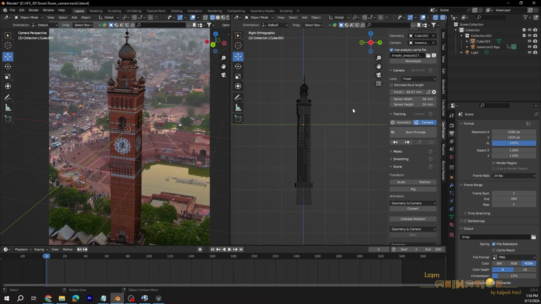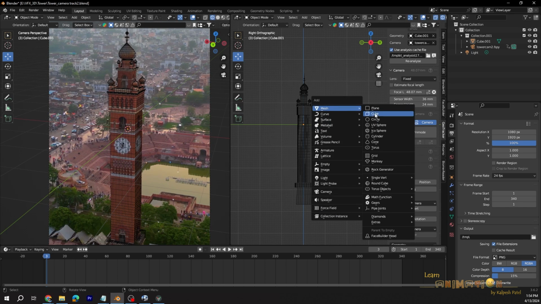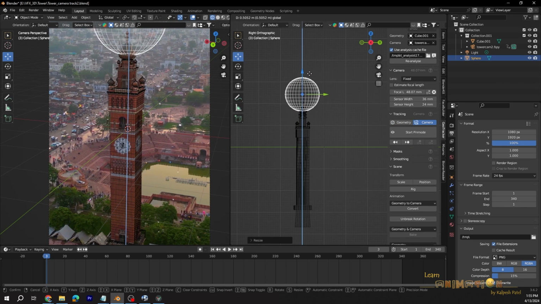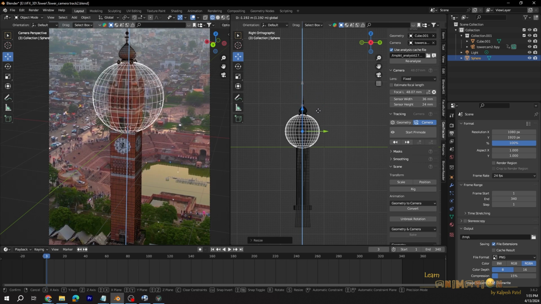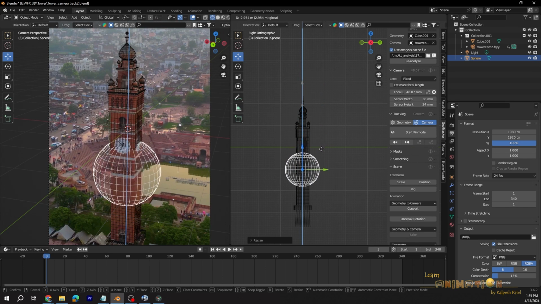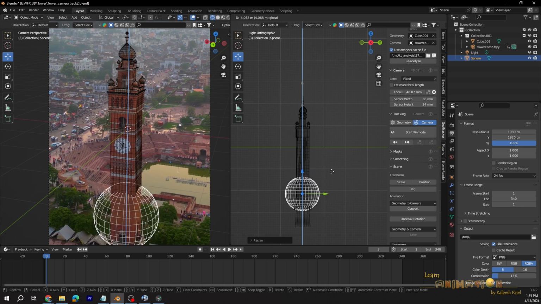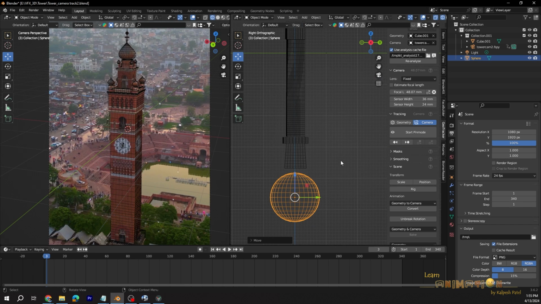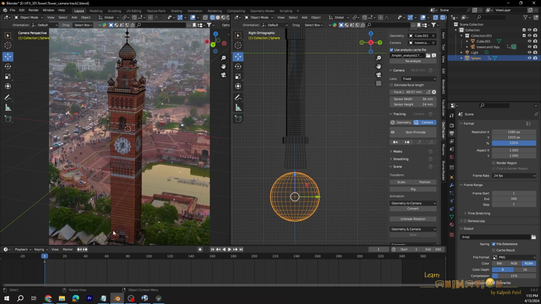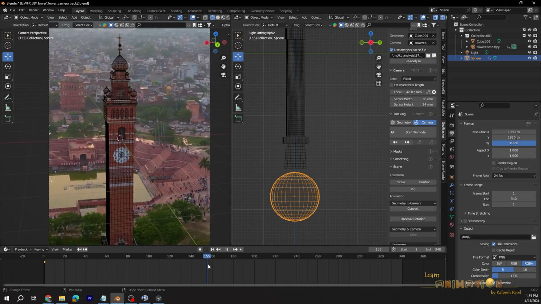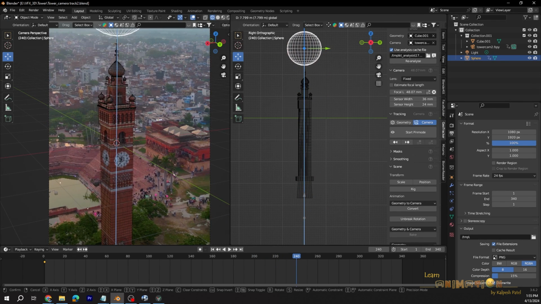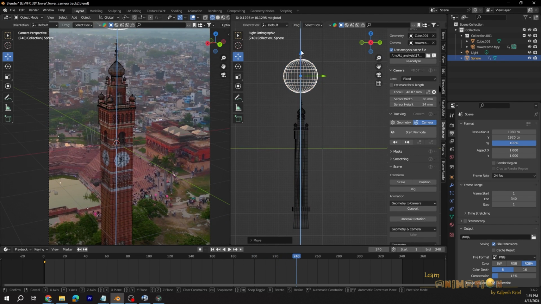To create the effects, first of all we just create a sphere. You can create a sphere which can cover the whole tower and we need to animate it. So start from the bottom, go to the first frame, create the location and rotation keys, and make it as slow or fast as required.